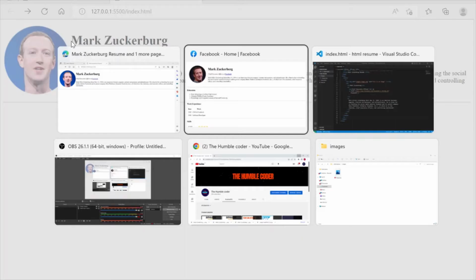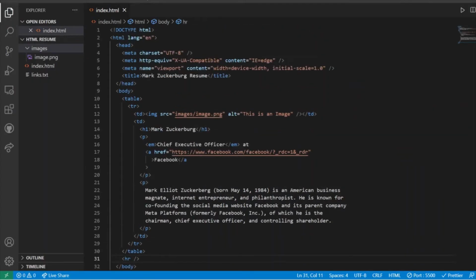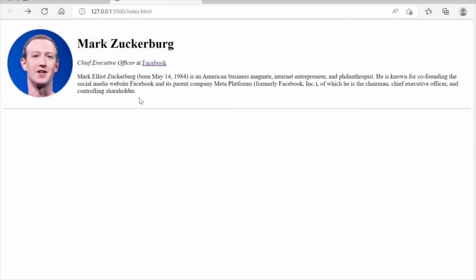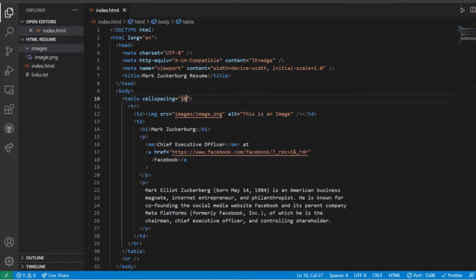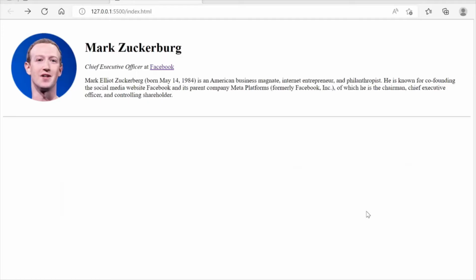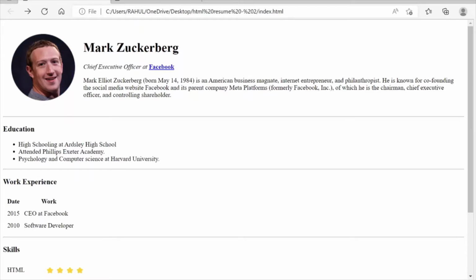So in order to add that, we can make use of an attribute of table called cell spacing, and I am going to set it as 10 and hit save. Now let us visit our site. So you can see that the spacing is now included, right? So our structure now looks exactly the same.